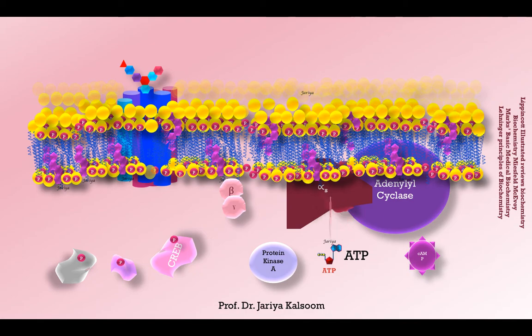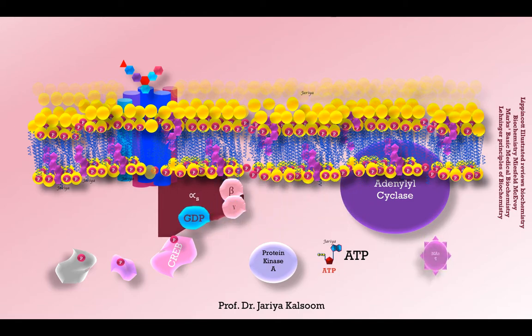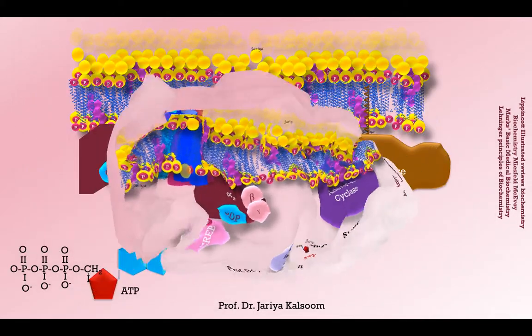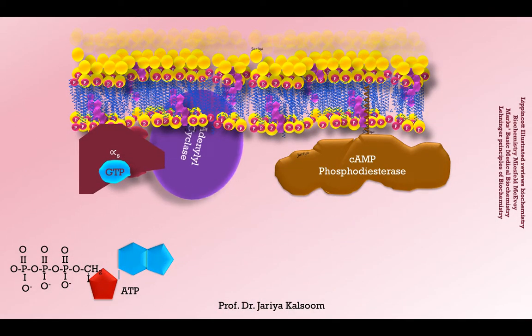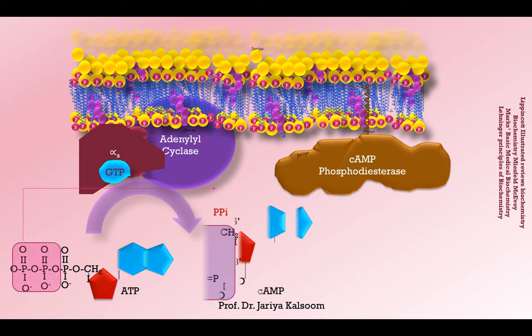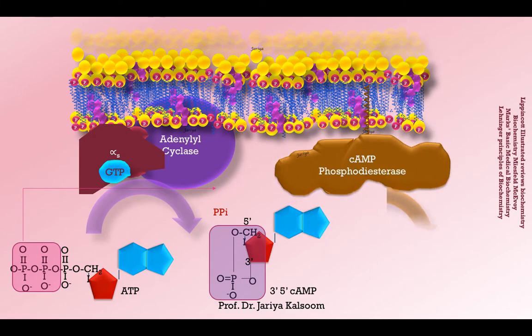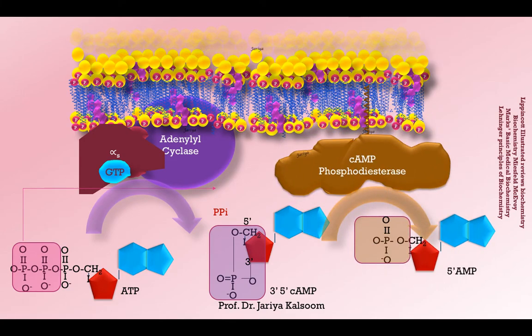At the end of signal transduction, the GTP is hydrolyzed to GDP by GTPase of G protein. Adenylyl cyclase is inactivated and alpha subunit reassociates with beta and gamma subunits. Cyclic AMP is converted to 5' AMP. Finally, the enzyme phosphodiesterase converts cyclic AMP to 5' AMP so that the amount of cyclic AMP in the cell remains low.